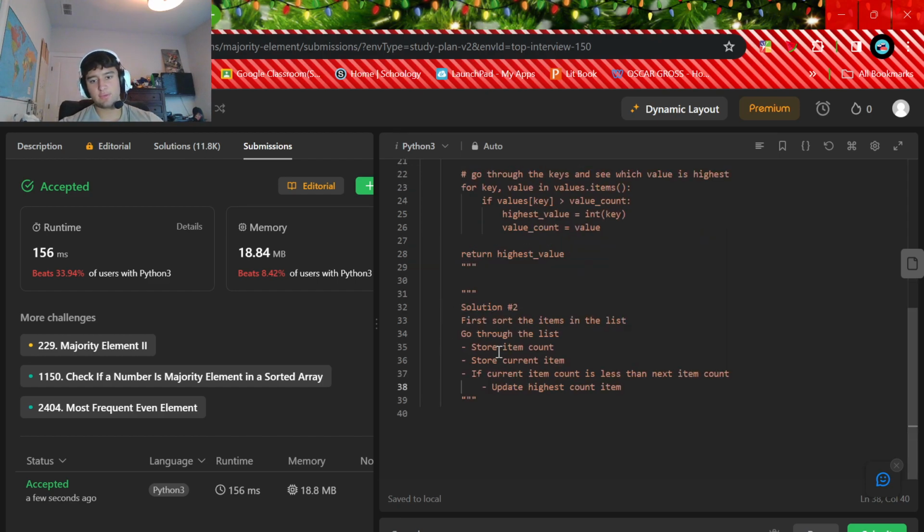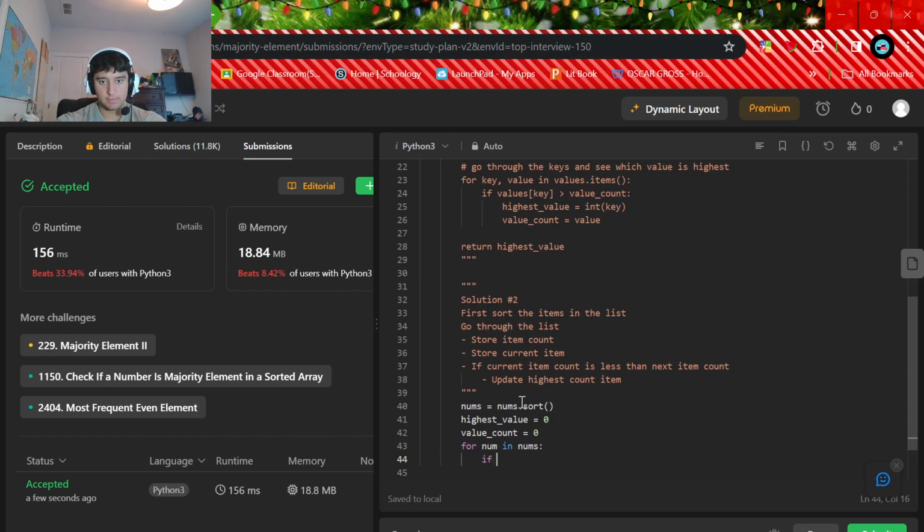So first things first, Python is super cool because you can just go ahead and do nums equals nums.sort. Pretty sure that's what it is. We're probably going to get a syntax error for that, but probably not. I don't know. We'll see. Then we're going to store the highest value, right? So highest value equals 0. And then value count equals 0. Okay? And for num in nums, if